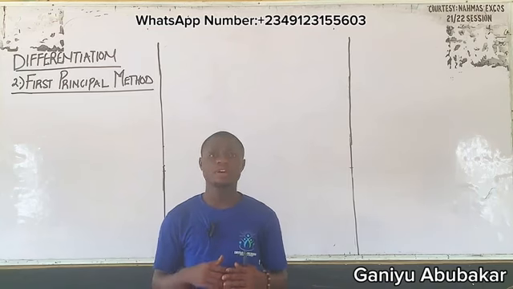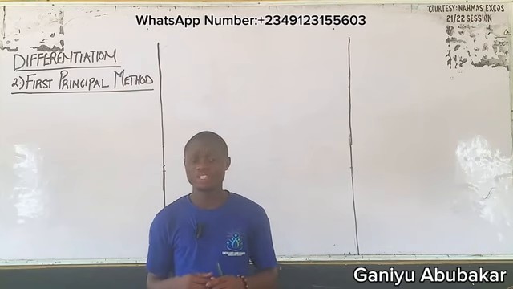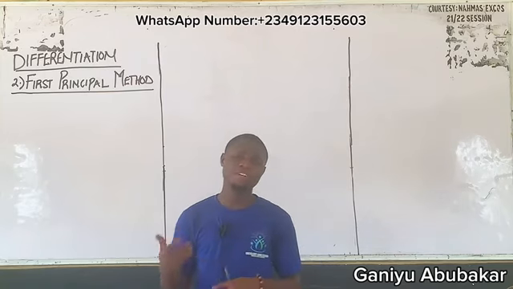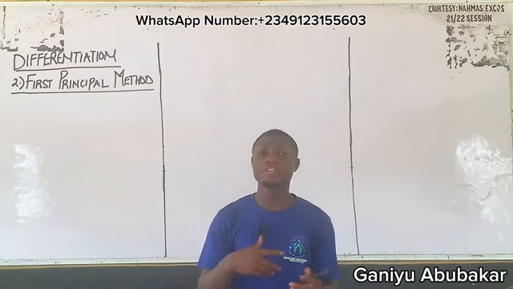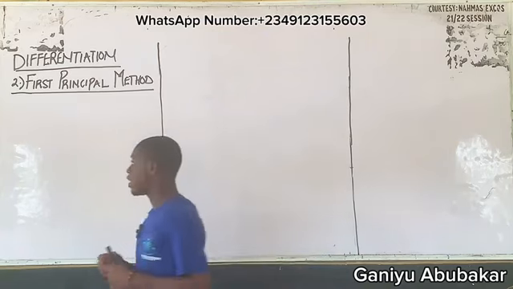We're still on the first method of differentiation. Let's consider example 4. Example 4 will be different from what we have been doing in examples 1, 2, and 3. For example 4, we'll be considering rational numbers. So let's say example 4,